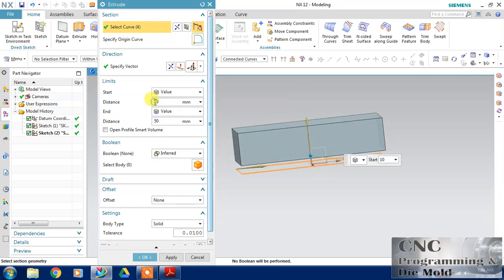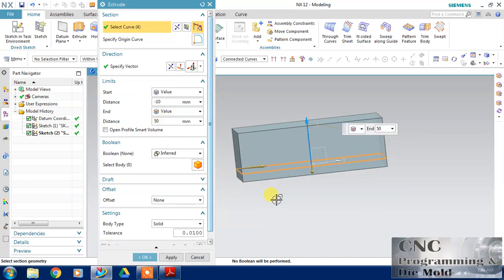If you want to extrude in the second direction, you simply type a reverse value. This is a positive value and the opposite is a negative value, and I have typed minus 10, meaning 10 below the sketch. So the total height we have is 50 plus 10, 60.